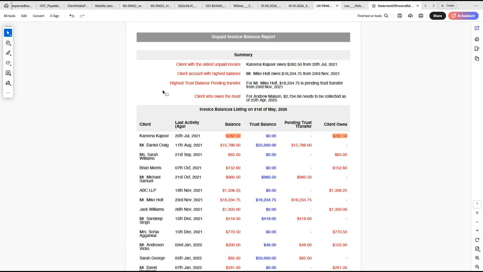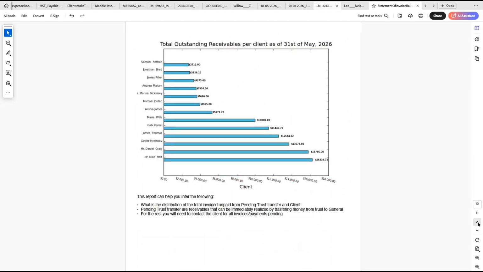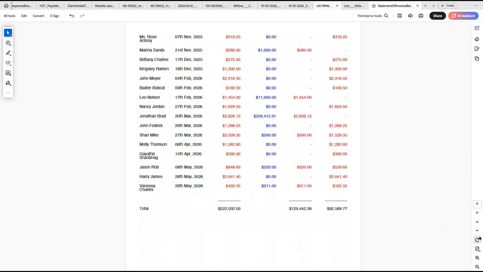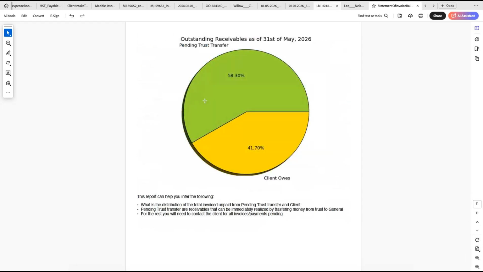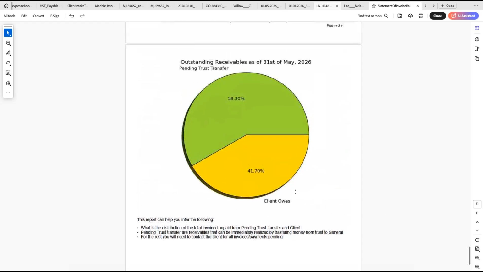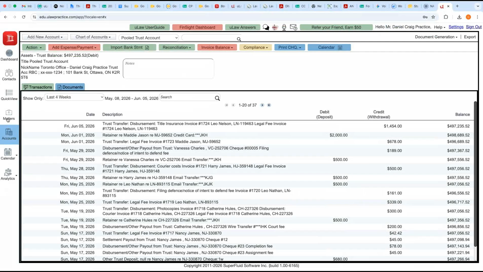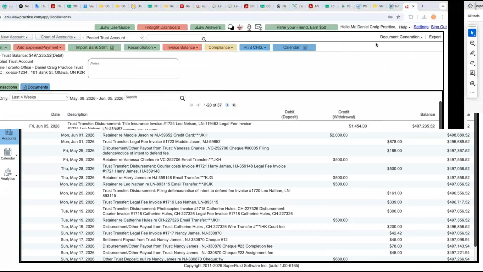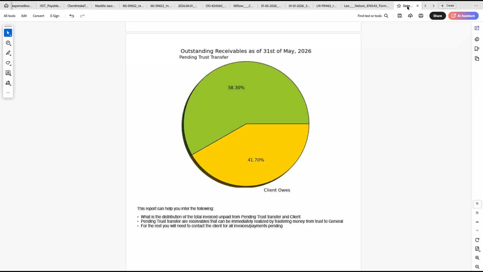Okay. So that report will also summarize you towards the end. It'll tell you some of the clients which are more than 6 months, which are more than a year. Pending trust transfer is technically more. Client outstanding is lesser. Go back in there, you get this particular report that I just generated that talks about